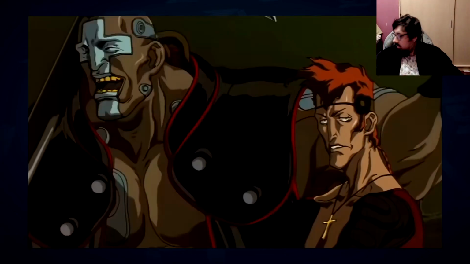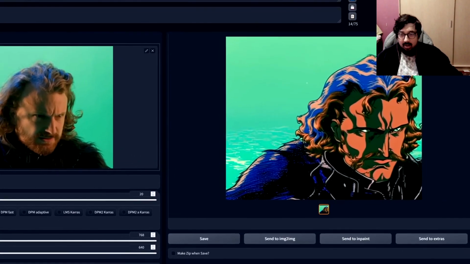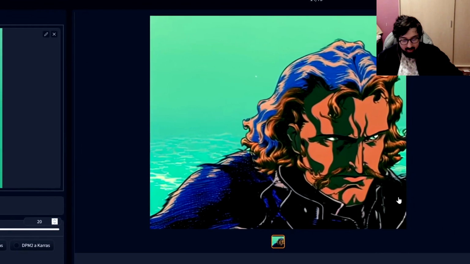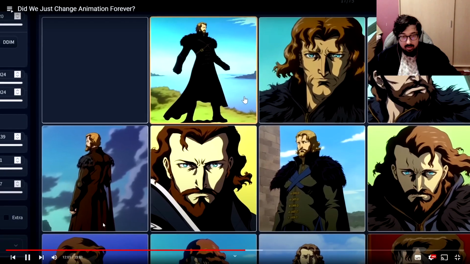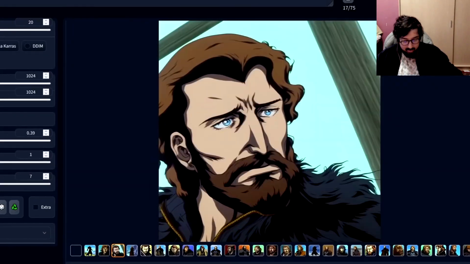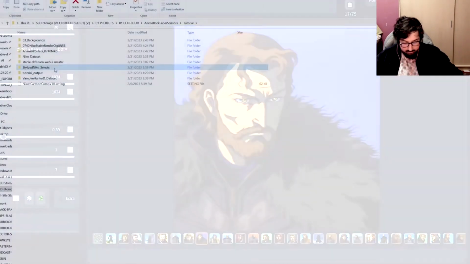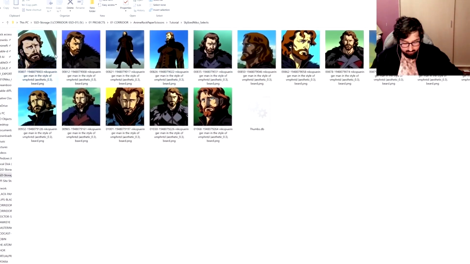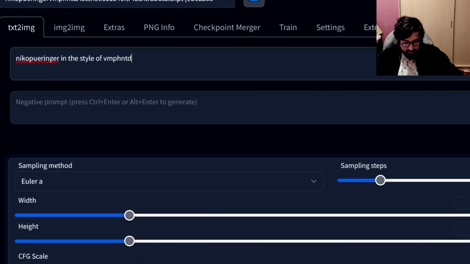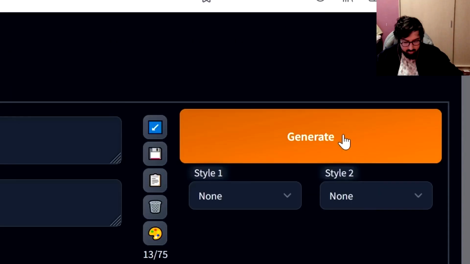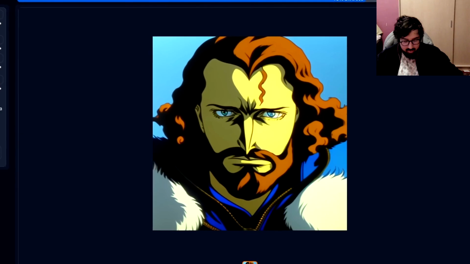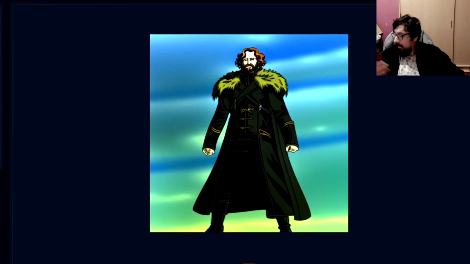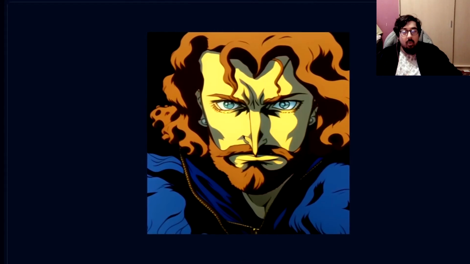And this was a problem actually when we first made the model, and it tried to represent me. Sometimes I'd have a mustache, sometimes I'd have mutton chops, it'd be all over the place. So I generated a bunch of pictures of me. Some of them looked good, most of them didn't. But I took the good ones, and I re-added them back into the dataset, and then trained the model one more time. I made a new one: Nico Peringer in the style of Vampire Hunter D. There it is. It's me as an anime man. And notice it's got the costume details correct. It's got my face features correct, my beard.